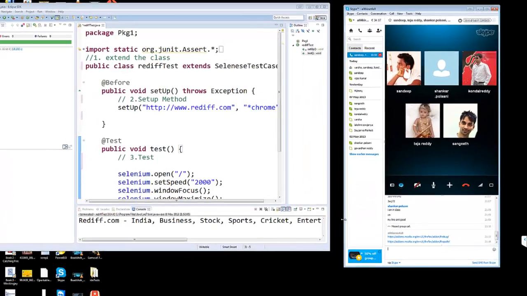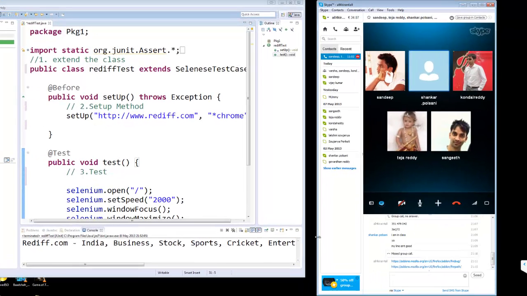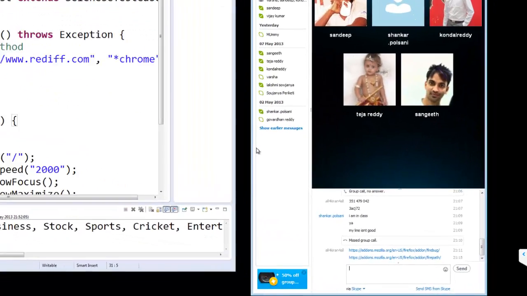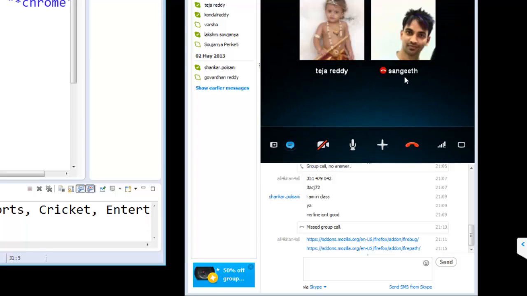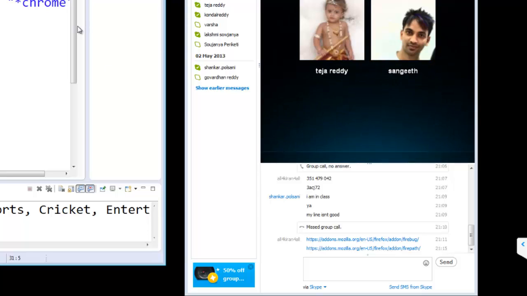Teja, did you practice? No, I start my job at 11 and then finish early morning. You start your job at 11. Oh, nighttime workers must be very strong. I think Sangeet also is working in the night. Yeah. Where do you work, Sangeet? Is it a hotel reservation or something? Hotel reservations. Okay. Hotel bookings. Which place are you based at? Manchester. Okay. Shankar, you are from London itself, isn't it?